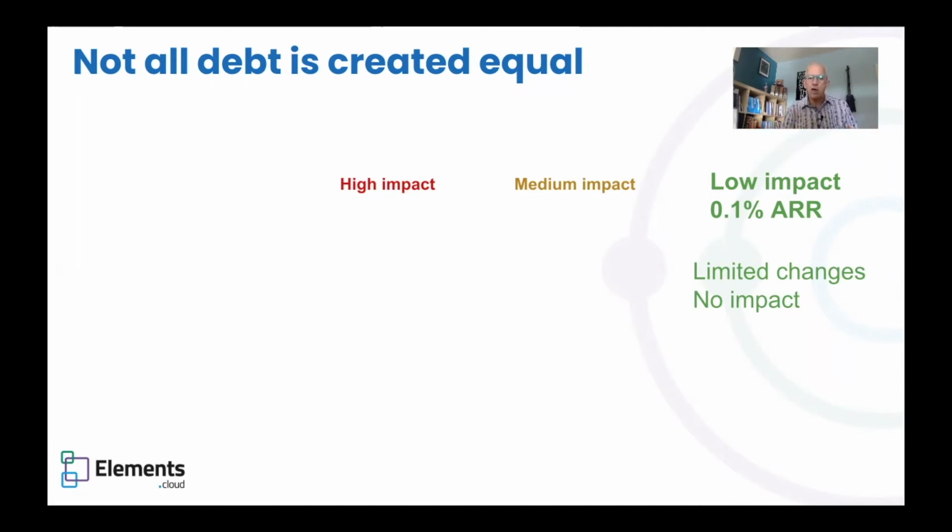So the trick here is not just saying, oh, we've got to get rid of tech debt, but we need to think about which areas of tech debt are important, so we therefore are paying down the most expensive. So not all tech debt is created equal. So simply saying, yeah, everything needs to be changed, everything needs to be reduced, not true. There's a return on investment in terms of how we reduce that tech debt.